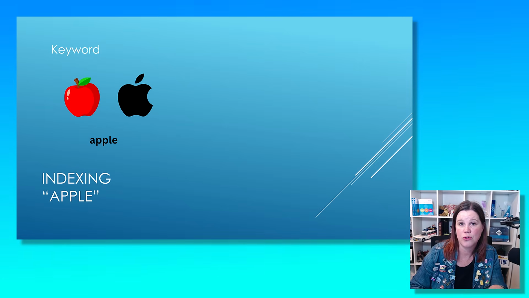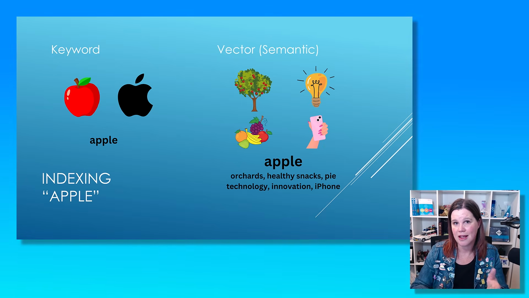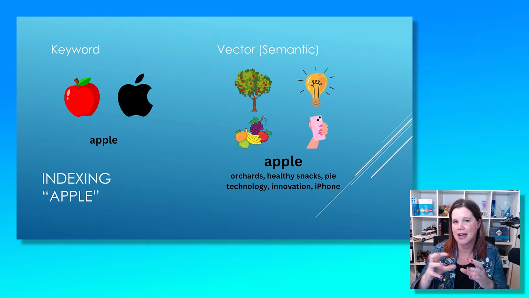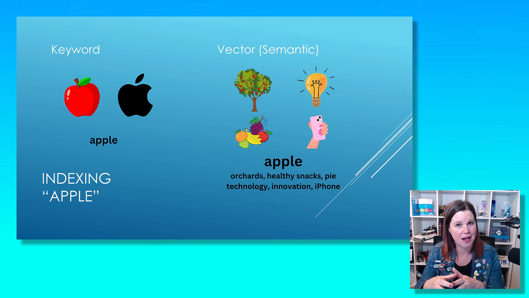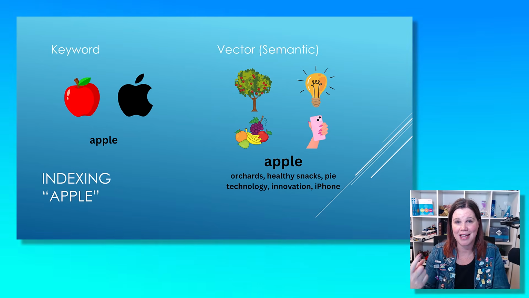This could be food, could be the software company. But if we're using vector indexing, that is one of the things you can do to give your agent what's called semantic understanding. And semantic understanding is about understanding the meanings of words and how they relate to each other. So with the Microsoft 365 Copilot license, just one of them in the tenant, your SharePoint site, and all those documents are now being indexed with this vector semantic indexing, which means when somebody asks about Apple,